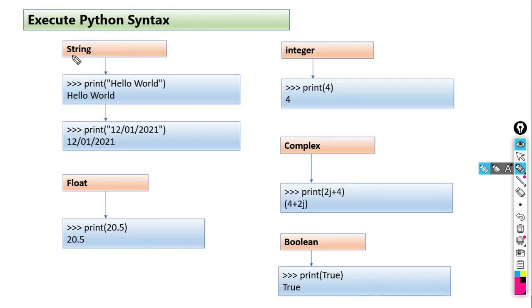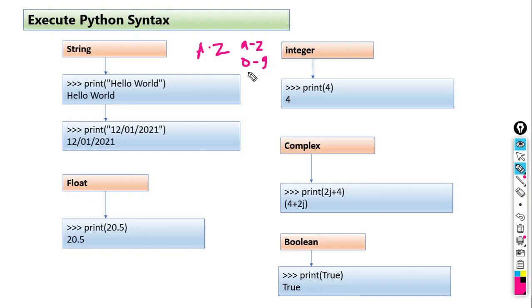String means what? A group of characters. Here we can club a number of characters to form a string. When we consider alphabets A to Z, there are capital alphabets, small alphabets, numbers 0 to 9, and some special symbols available on your keyboard. When we group those together, that is called a string.